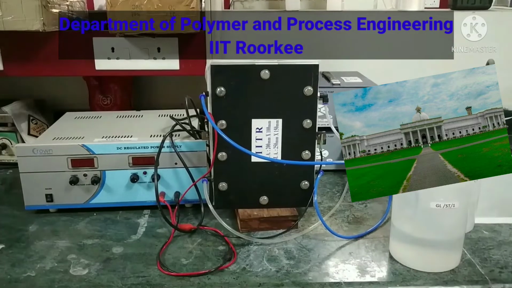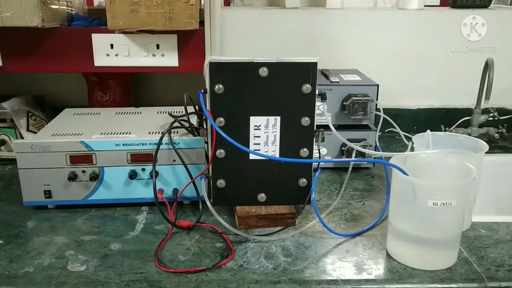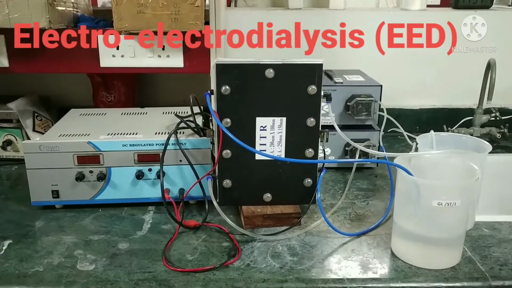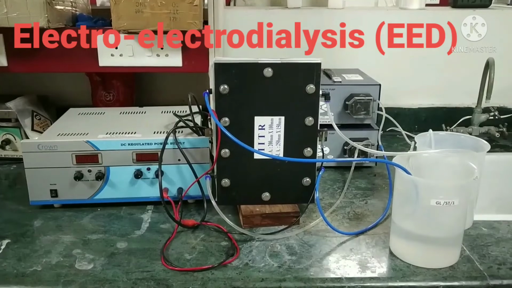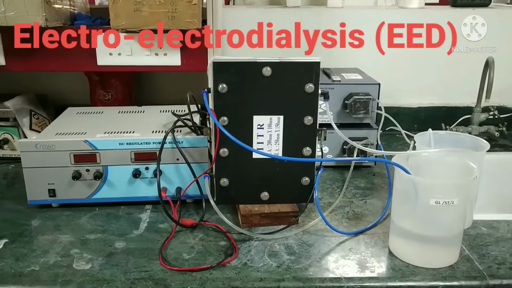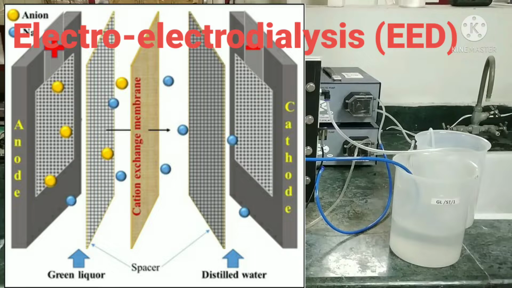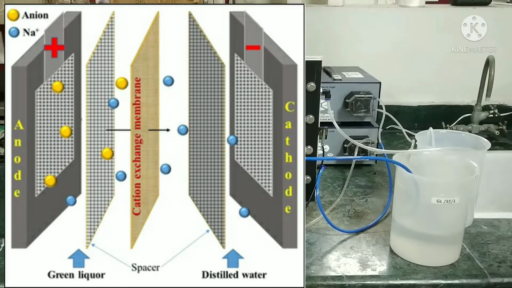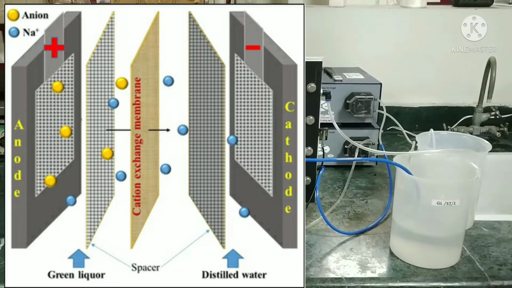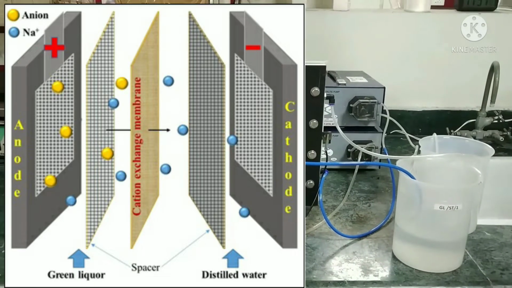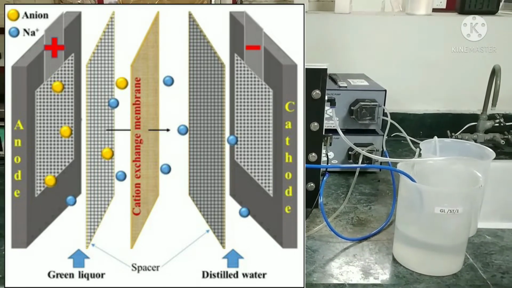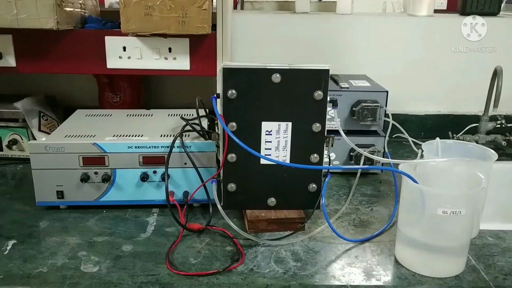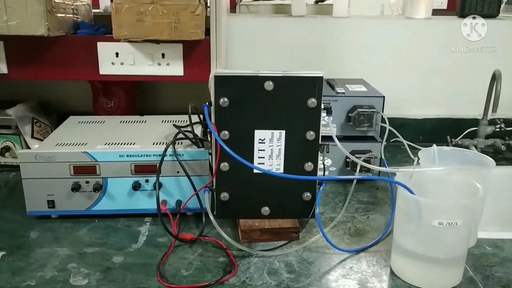We have developed one new green technology in our laboratory. Basically, it runs on the principle of the electrodialysis process. In short, the EED process. The EED process consists of one electrode cell pair, one ion exchange membrane, gaskets, pressure, two pumps, one DC power source, and two different electrolytes, one for anode feed and another one for cathode feed separately.